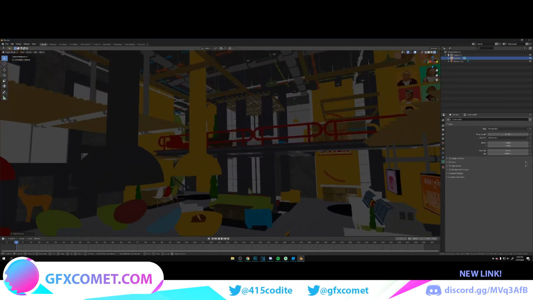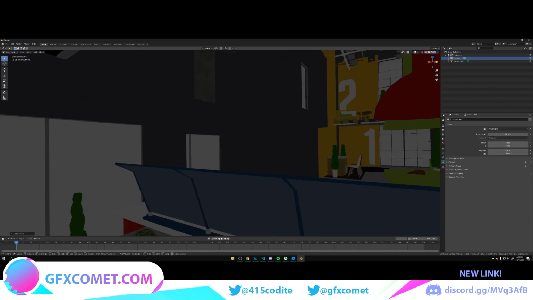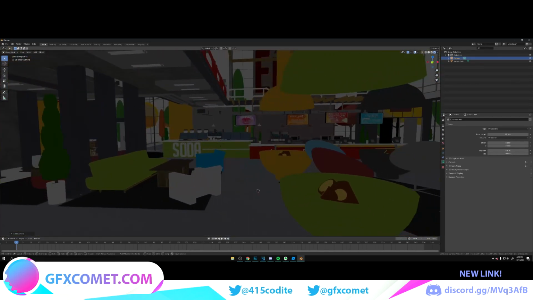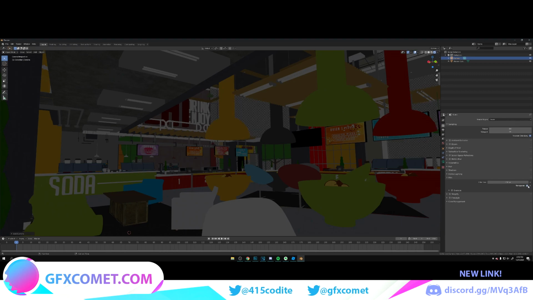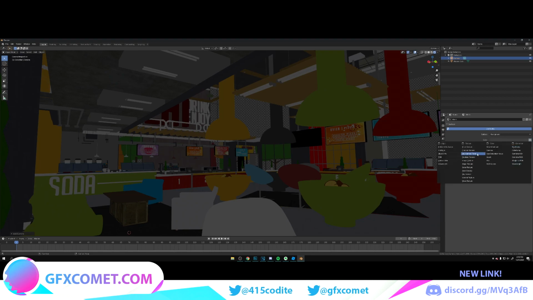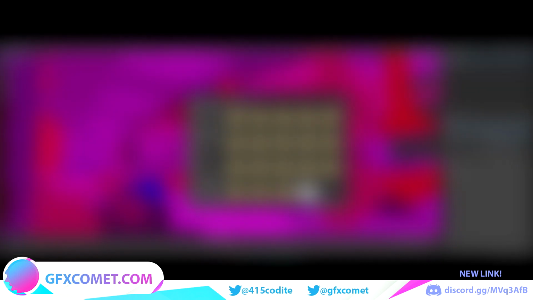There we go. Let's just place it somewhere, doesn't really matter. I think right here is fine. Alright, so first thing, I'm gonna go to properties, go to film and turn on transparency. We're also gonna go to our world settings, click on the circle, go to environment texture, hit open, and from